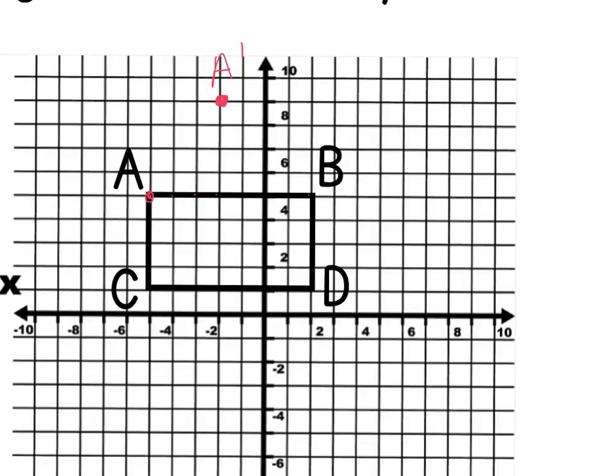I'm going to do the same for B. 3 spaces right, 1, 2, 3, 4 spaces up. This is going to be B prime. I'll move C, 3 to the right and 4 up. That would be C prime. And finally D, 1, 2, 3, 4. Now when I move my vertices,